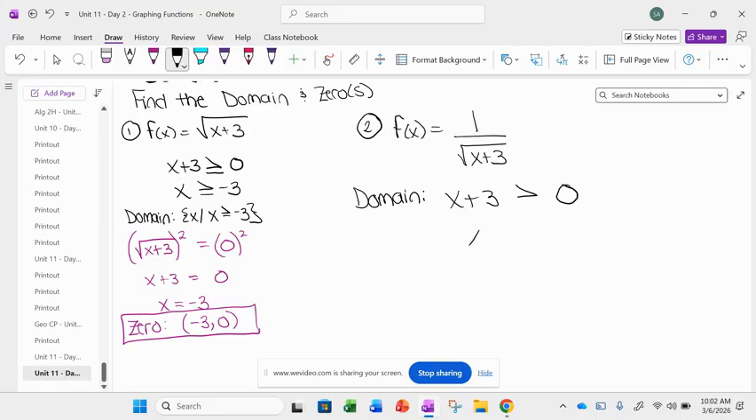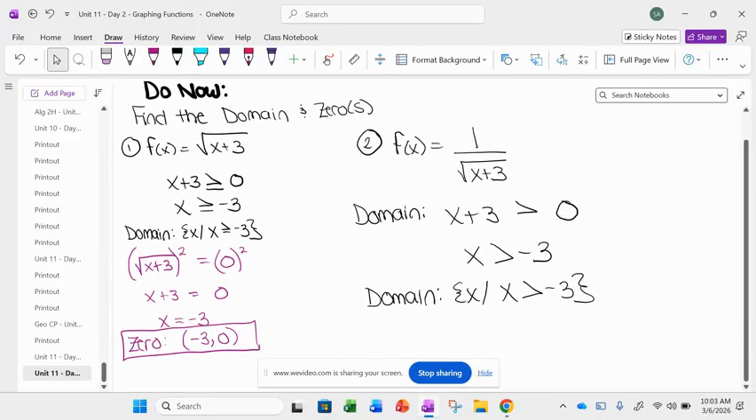So then our domain will just be x is greater than negative 3. So if we were to write this domain, it's going to be x such that x is greater than negative 3. Okay, so now for the next part, for the zeros,